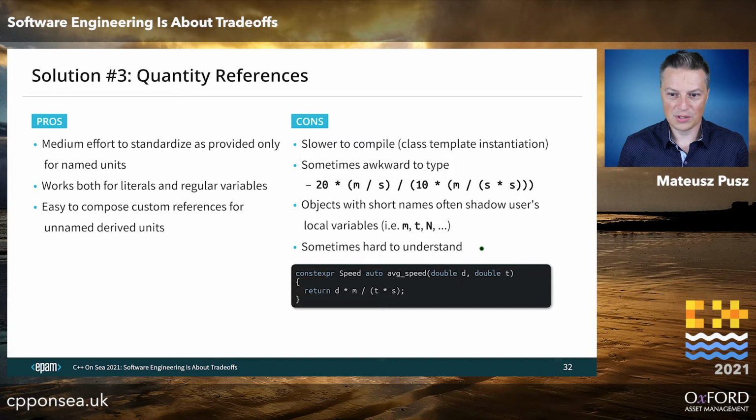And sometimes it may be hard to understand because the syntax is even two terms sometimes. It's fine if you have a number like 1, 2, 3 in front of this multiplication operator here, but if you're using arguments with a short name, then d multiplied by m divided by t multiplied by s may not be the easiest one to read, right?